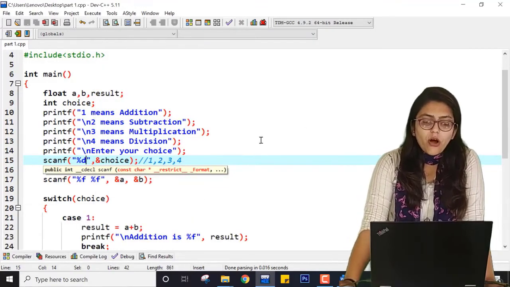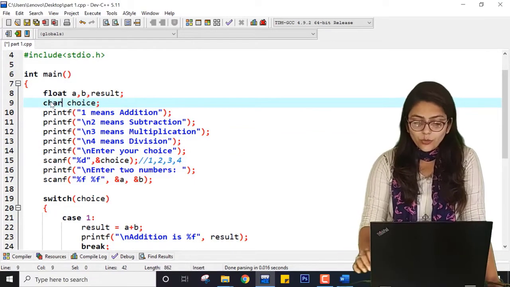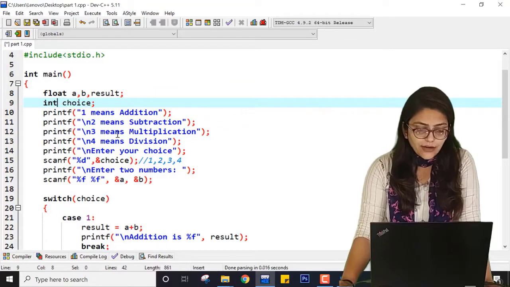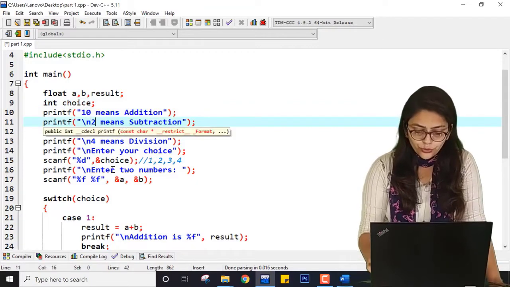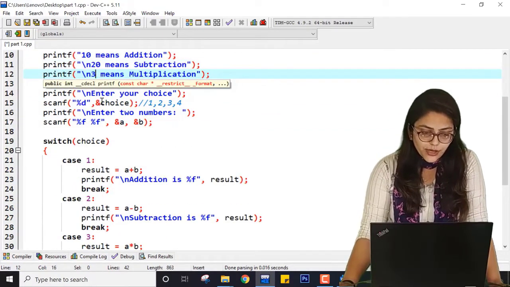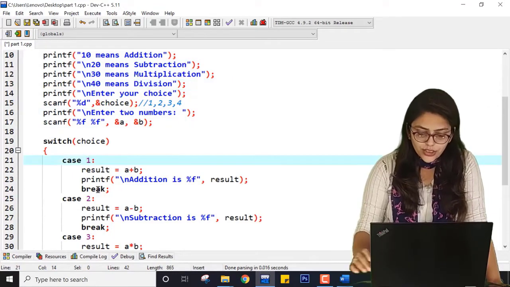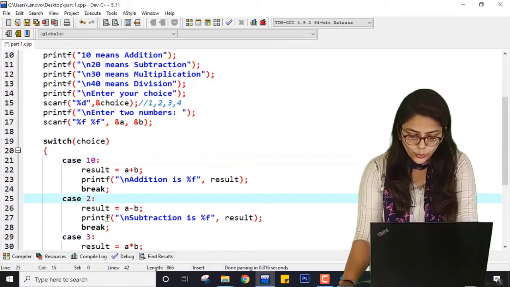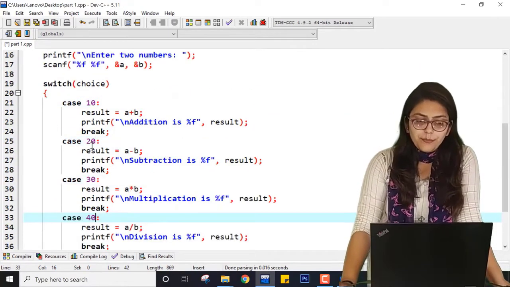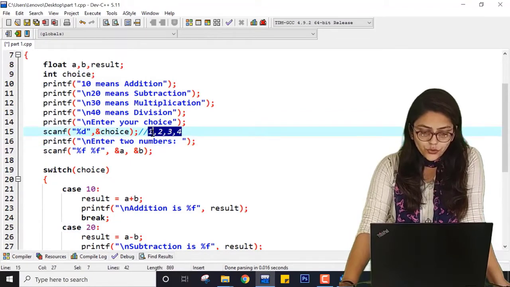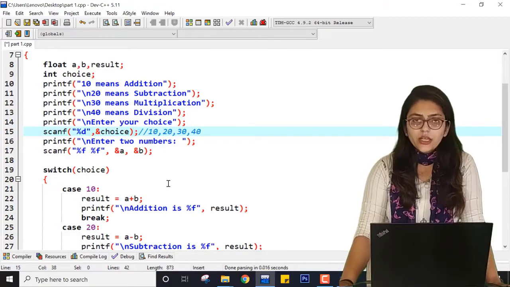Okay, so this is how you can perform it when choice is integer. Now I'll show you how you can perform this program using choice as character. But first, let's say it's integer, and I want you to notice another thing. If I have told you that 10 means addition, 20 means subtraction, 30 means multiplication, and 40 means division, that means I have to change it here to 10, 20, 30 and 40. Why? Because this is nothing but the domain. So the domain of choices was previously 1, 2, 3, 4, but now it is 10, 20, 30 and 40. Okay, so don't miss this.